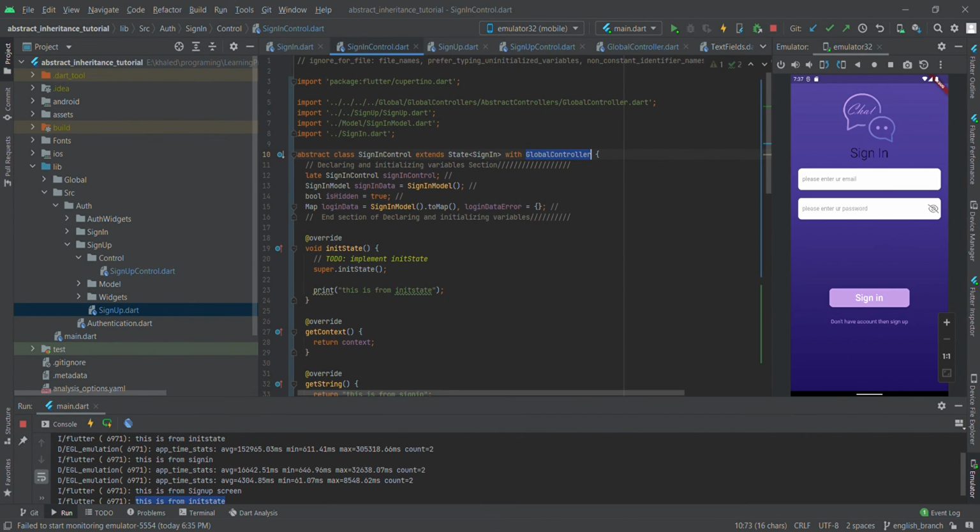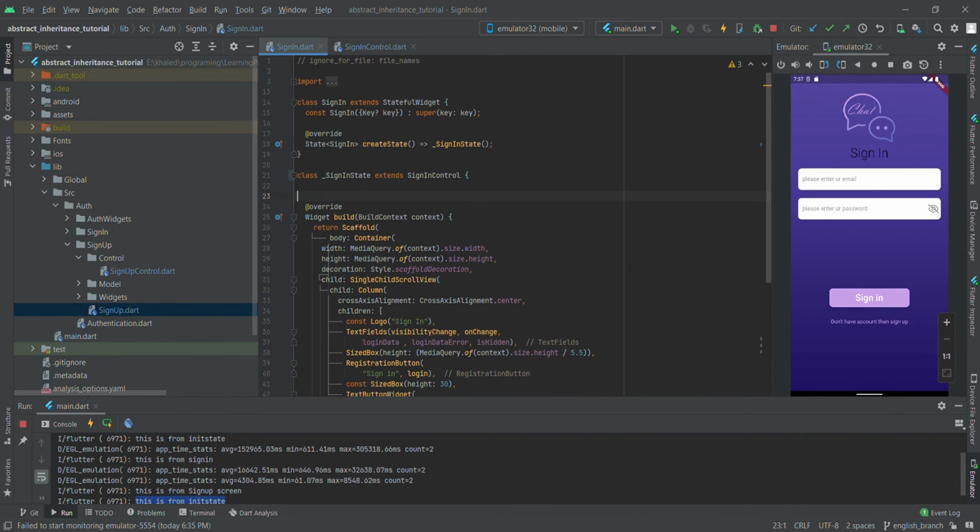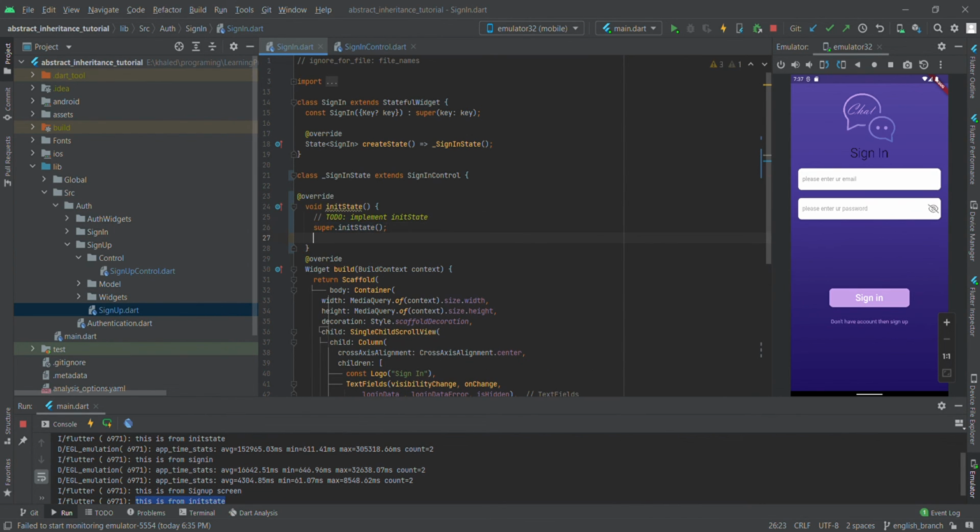Let's say I have the sign-in control here, and I will close all the other tabs to the right, and I have the init state overridden here, and I print this is from the init state, and I go to the sign-in screen and I will override the init state again and print this is from init